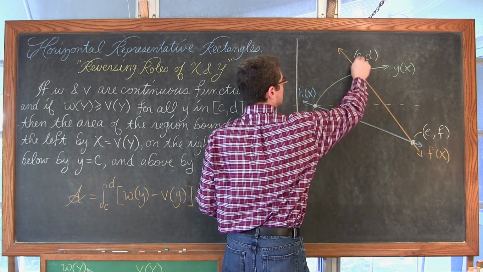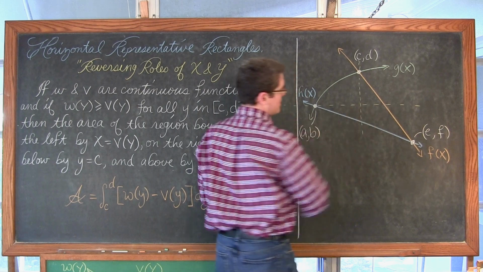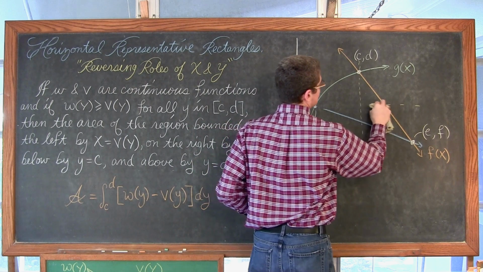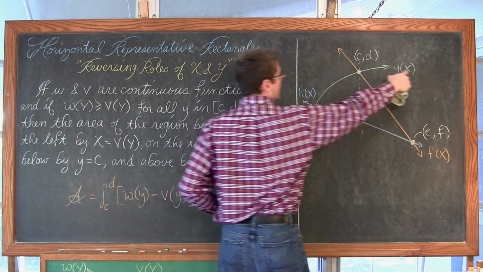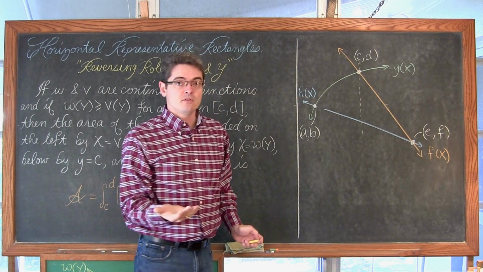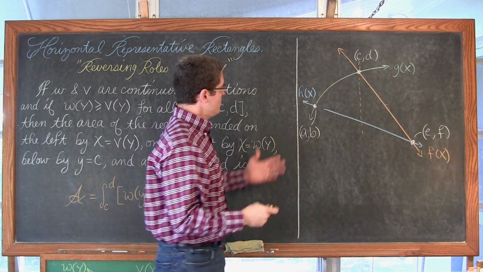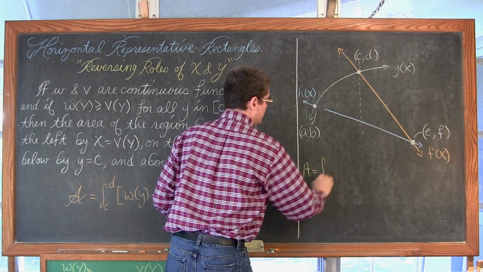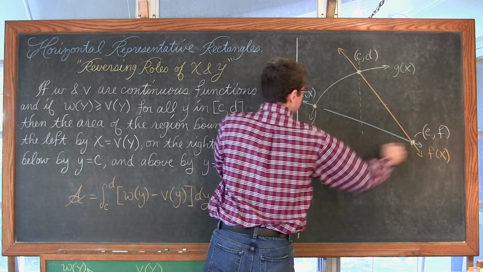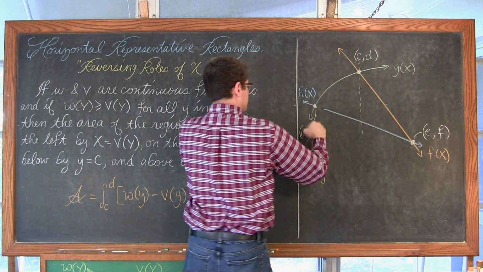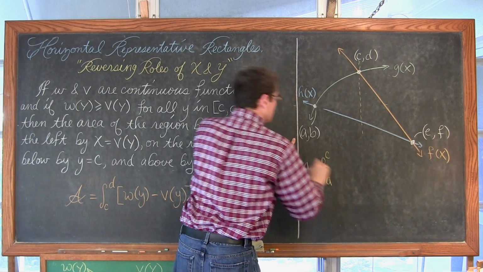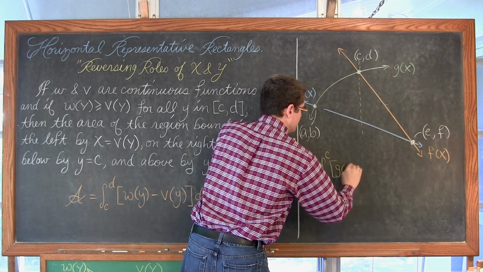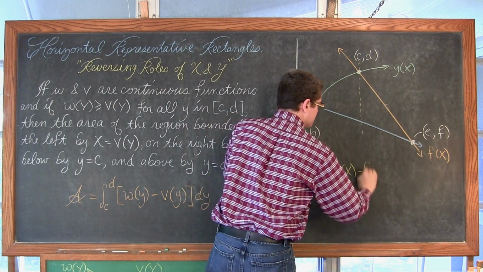Because if you want to find the area bound by these functions using vertical rectangles, which is sort of how my notation is set up, of course, with my independent variables of x, then you're still going to have to use two definite integrals. So that would be, with the way this is drawn, the area is equal to the definite integral, after finding the intersection points, from c to a of the greater function, g of x, minus h of x